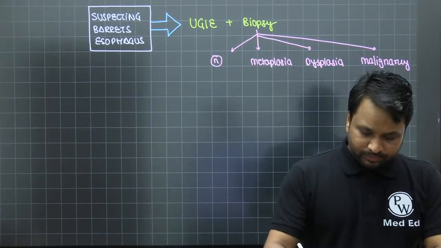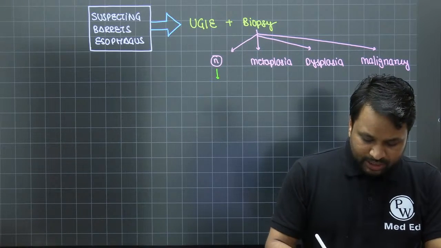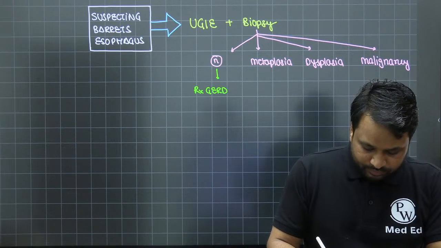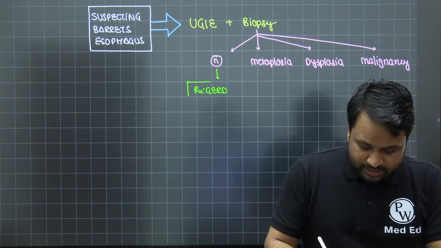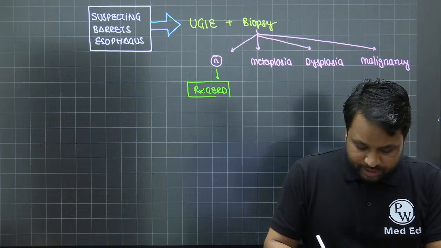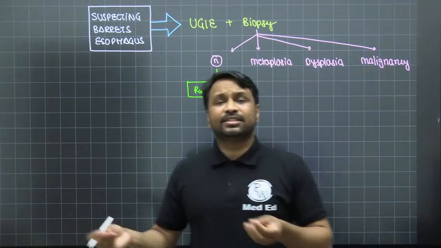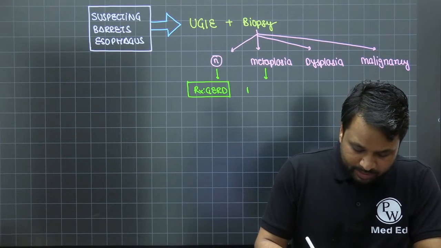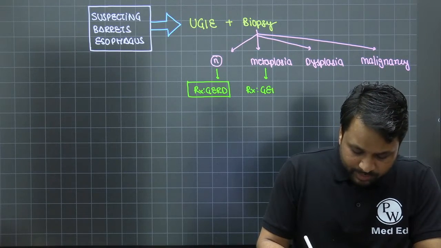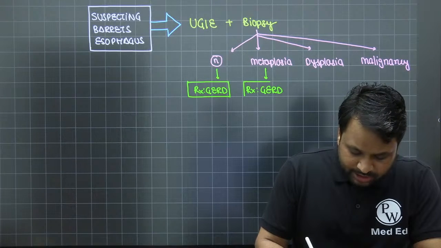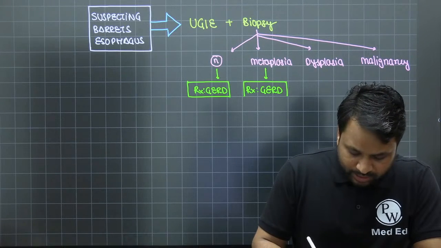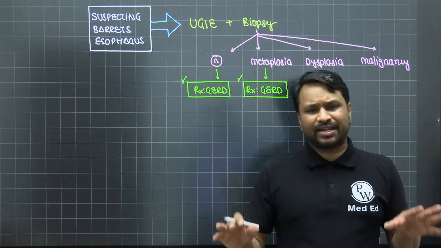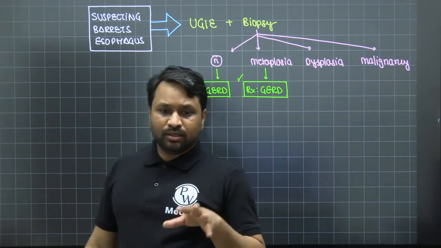If it is normal, because the patient had presented to us with GERD, I will simply say treat GERD. Look, Barrett's esophagus is not a disease, it's a presentation of an untreated GERD. So you cannot treat Barrett's until you treat GERD. Same logic applies to your metaplasia patient. Here too my advice will be simple: you tell the patient, we will treat your GERD, and that is the whole objective that we are going to look at, right? So here also we are treating GERD, just addressing the medical management